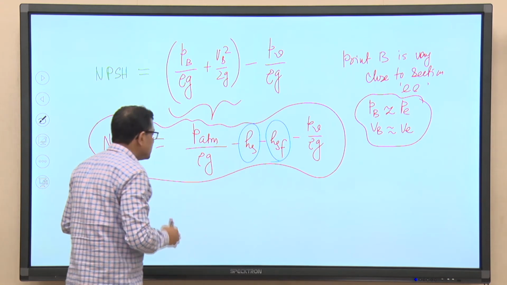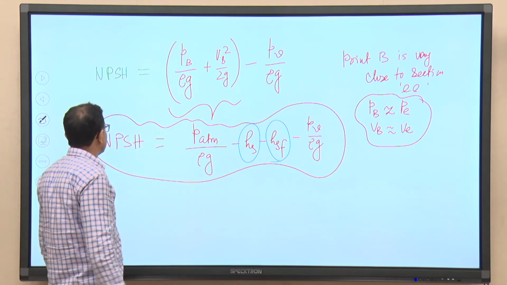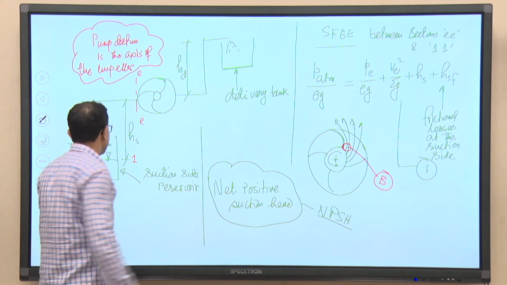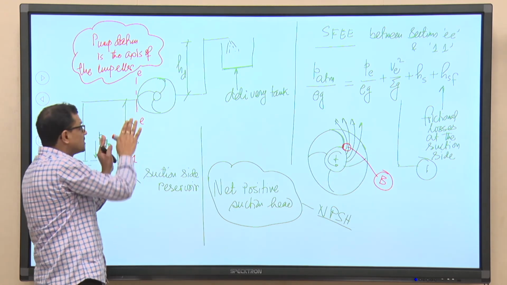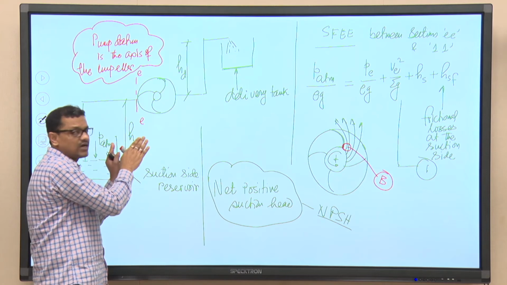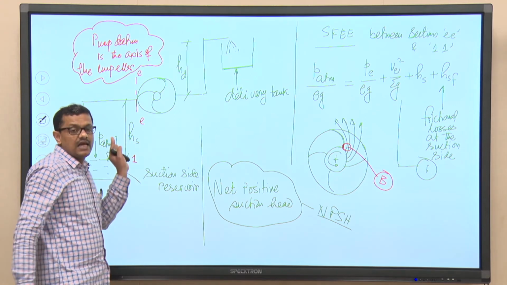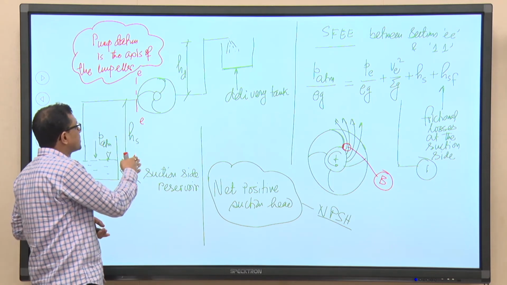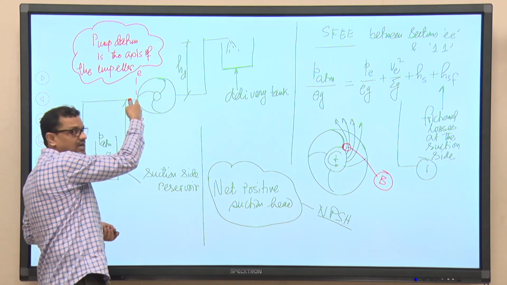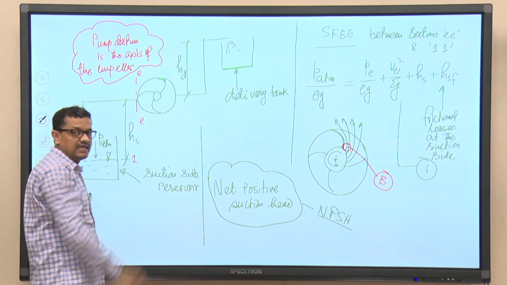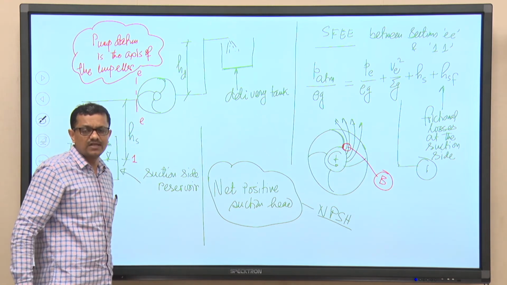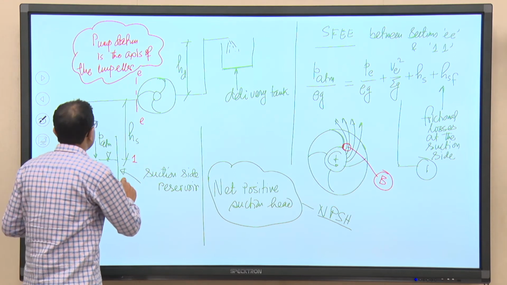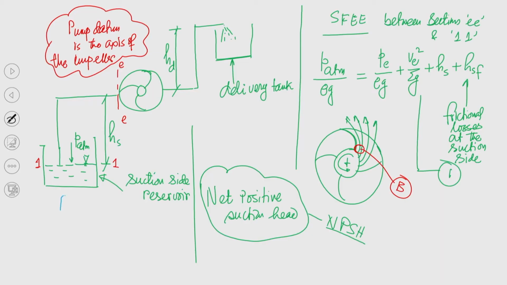But we can have control over this term. Now, in this context, I will tell you one important thing. If we go back to this particular schematic, can we make Hs 0? This type of pumping operation, what I have drawn here, is known as pump operation with negative suction, because the pressure available at the inlet to the pump at section E is negative pressure, that is vacuum pressure, as we have discussed. I will be writing this in the next slide.